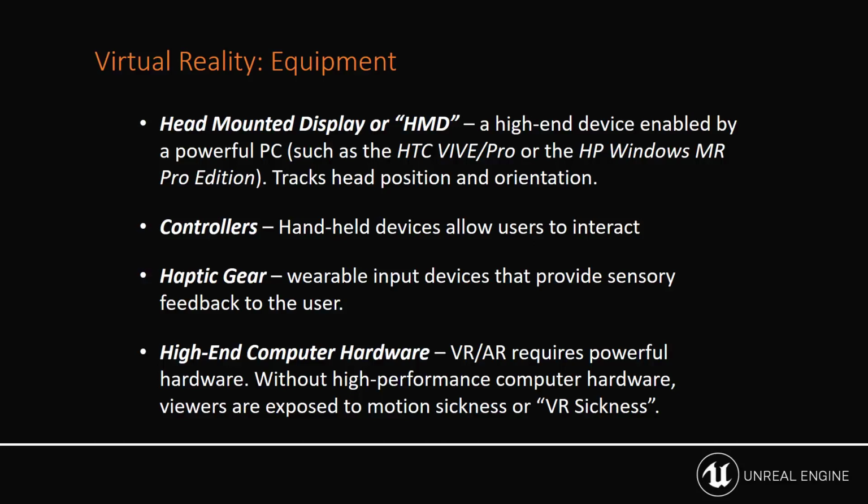And of course, we touched on this idea of high-end hardware. Using a very high-end performance system is important because virtual reality and augmented reality require powerful hardware, especially when we get into really deep CAD data and we want to experience that in a VR sense. We're really going to need that high-performance hardware to give us the proper believability of that virtual reality experience. Experiencing CAD data, for example, you really need the high-performance hardware